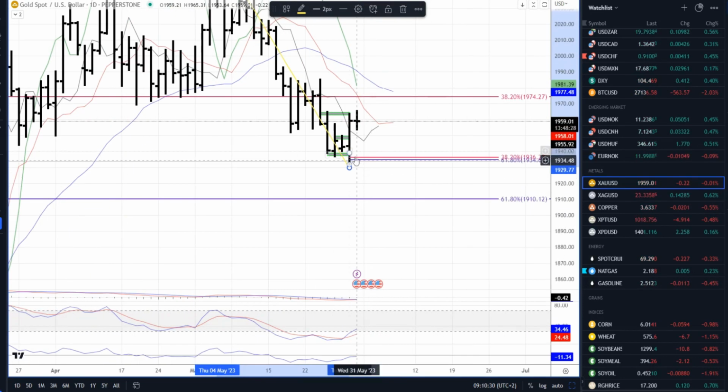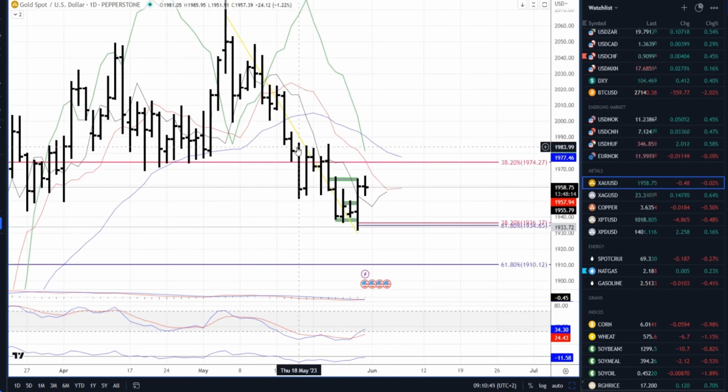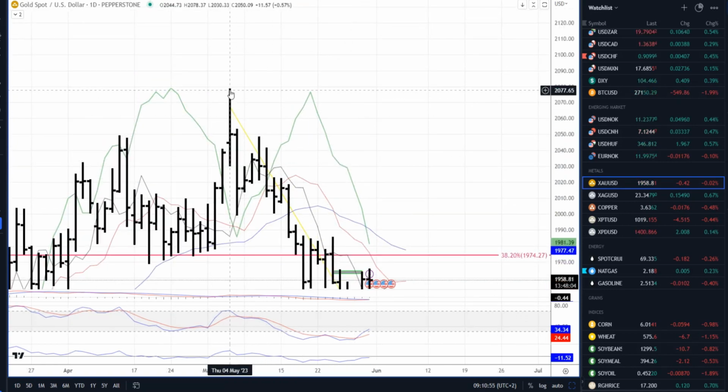Yesterday we had this reversal day, which basically took out the last couple of days. It left a pin bar and tail, like a buying tail, and there is a potential for higher prices in the next period. I can see the next upside references at 1985, then we have the 2000 mark, and then 2048, and of course the all-time high around the 2078 mark.